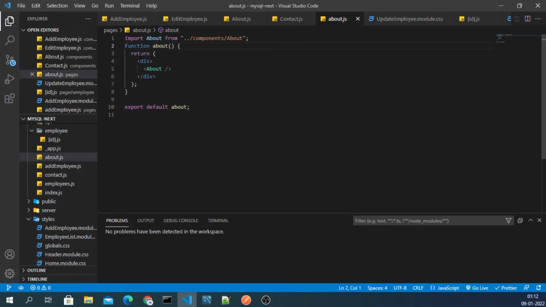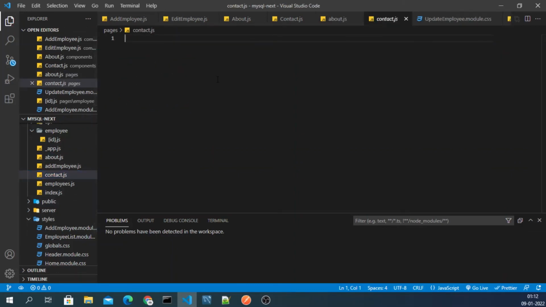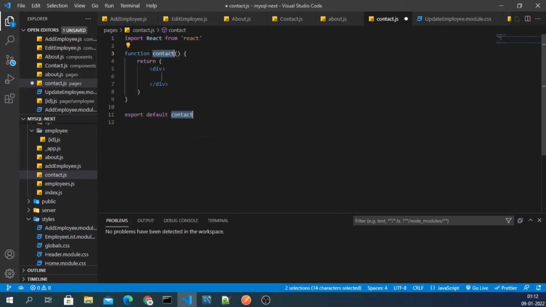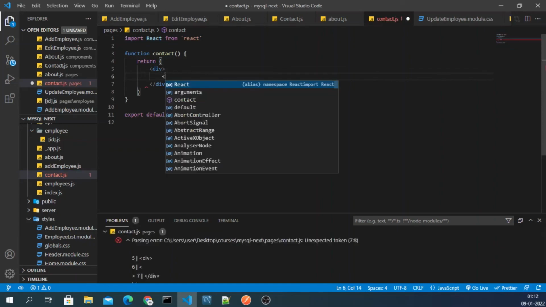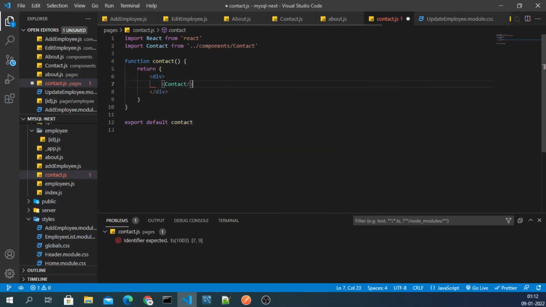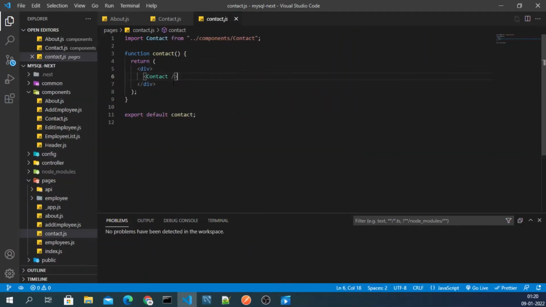Okay, and then we will come inside contact, and here we will type rfc, and here I'll have my contact component like this. After defining the contact component here, now we can check.